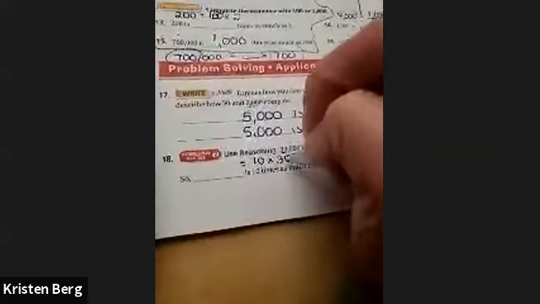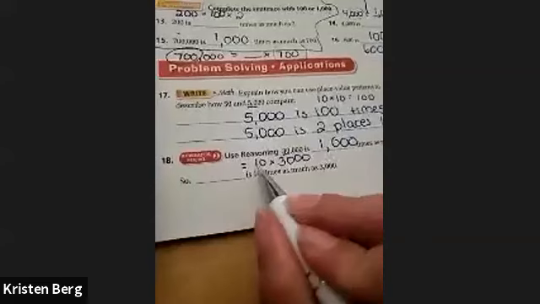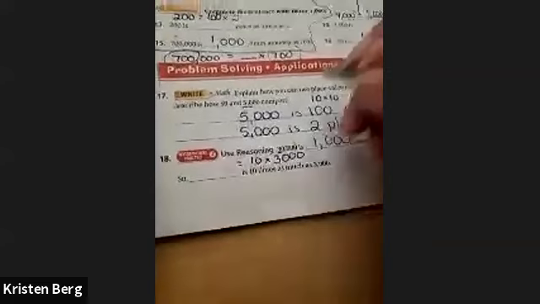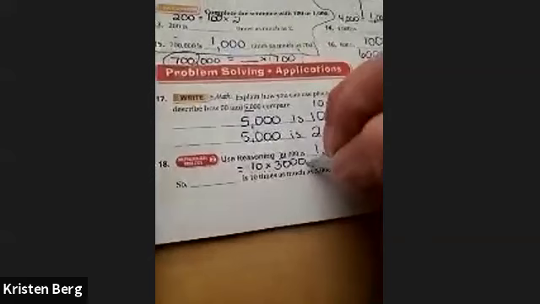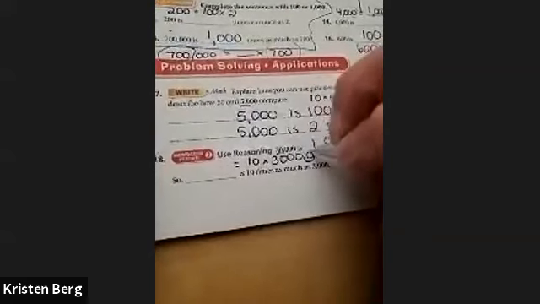We're going to have to figure it out. So it's saying you're taking your 3,000 and you're making it bigger by one place. So I'm going to take my 3,000 and just add another place. That would be 30,000. Okay, so